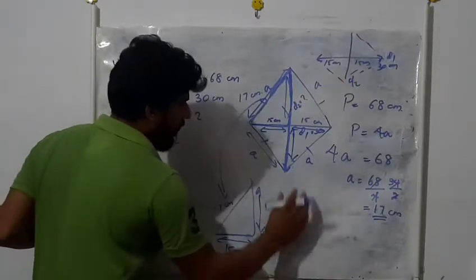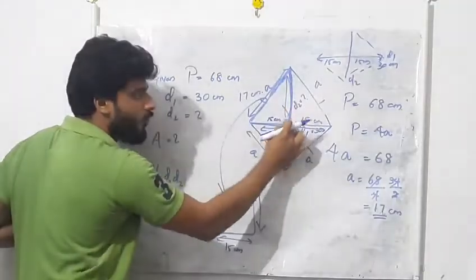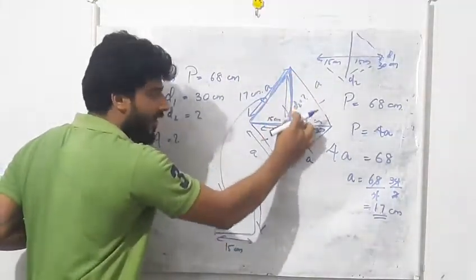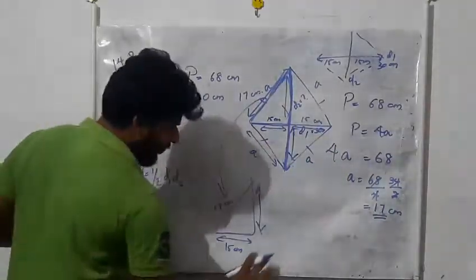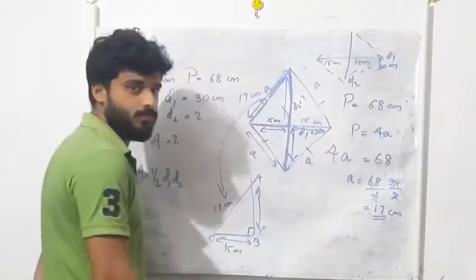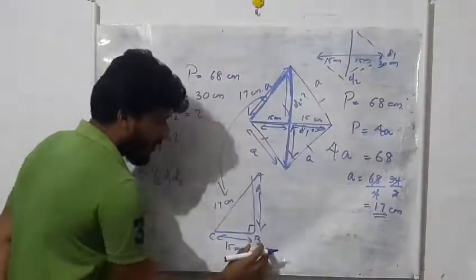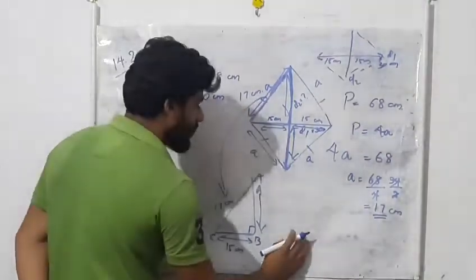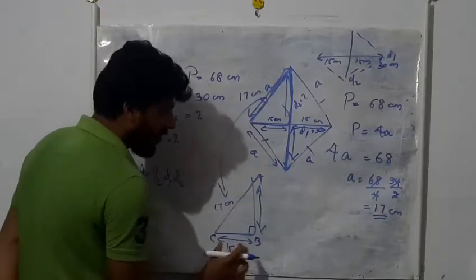Applying some logic, first we are going to find the half of D2 with the following triangle. With this triangle we find half of this diagonal, then by multiplying it with 2, we get the complete diagonal D2. So this is our triangle, and it looks like a right angle triangle. In this right angle triangle, by Pythagoras theorem, we can find the value of this part, AB. I have named this triangle ABC.